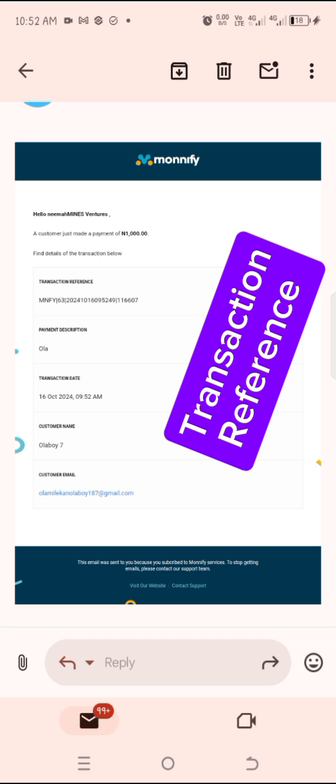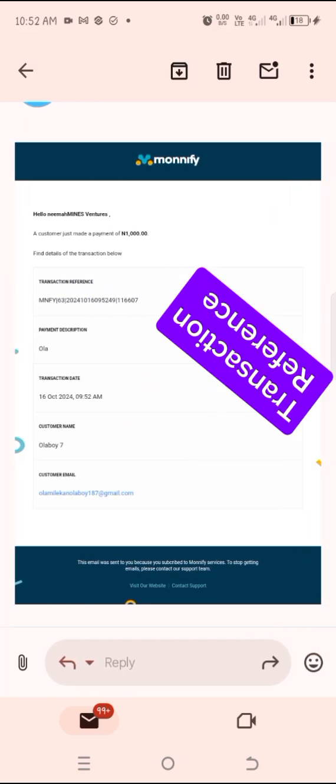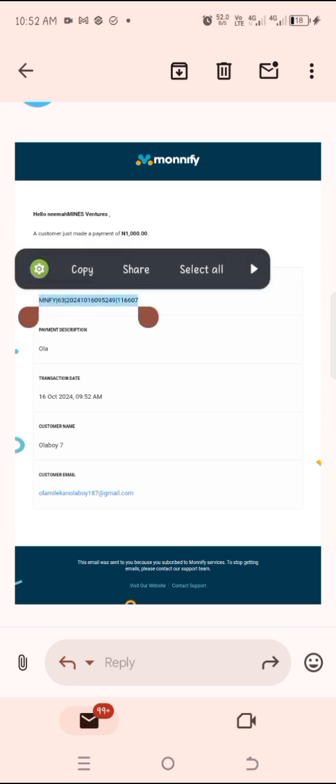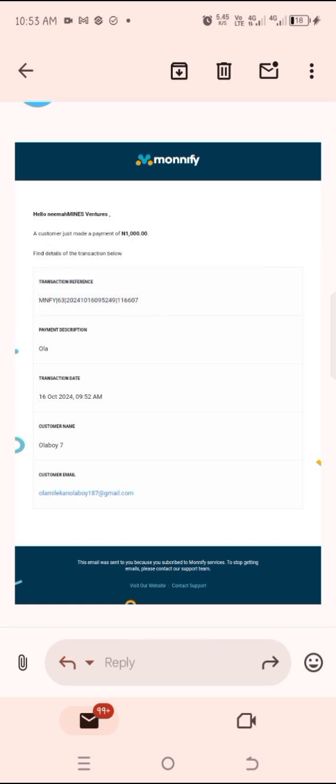So what you will do, here is the transaction reference, this string of numbers and letters. You will copy it. You will make a long press on it like this. After the long press, you try to copy. It is only that code that you are going to copy. Once you have copied it, meaning your device system has copied it in its memory,